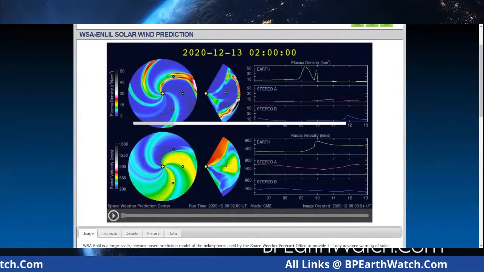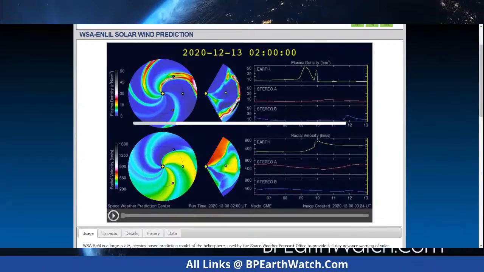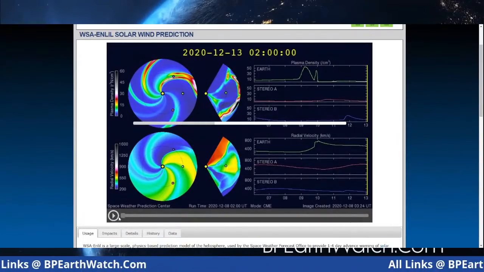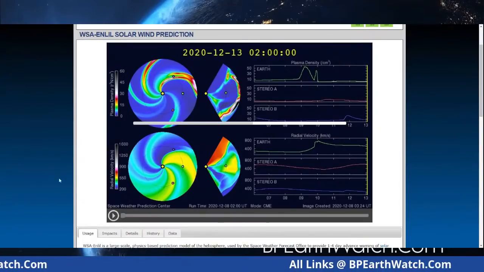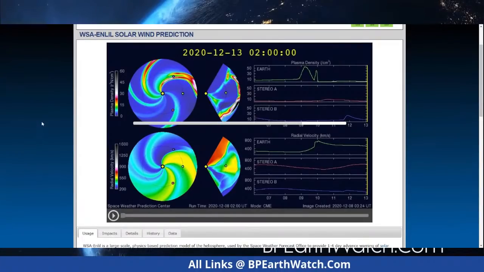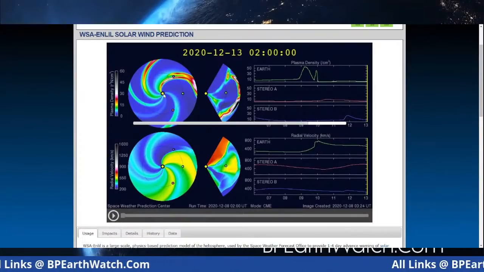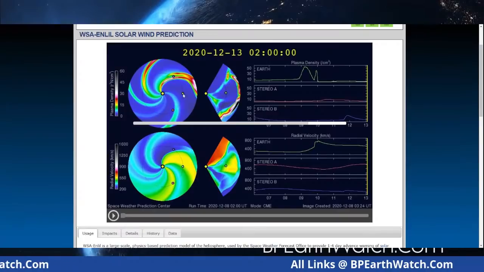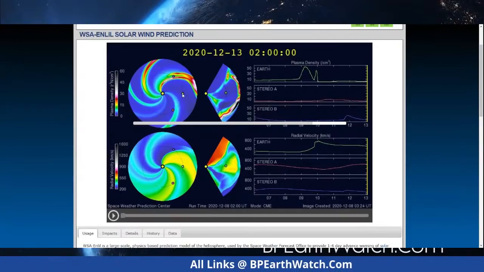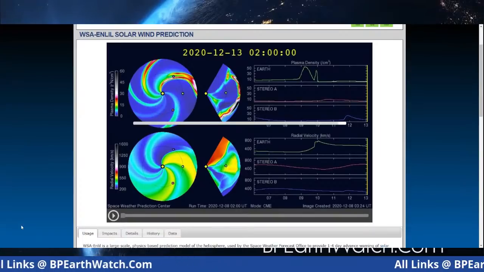There we go. I'm going to play it forward. Again, what you're going to be seeing, as it loads, is the coronal mass ejection leaving the sun on the 7th. We saw that pulse on the solar wind going back 2 days ago, and our Earth is the green dot here. As it gets through loading, we will let it play forward.